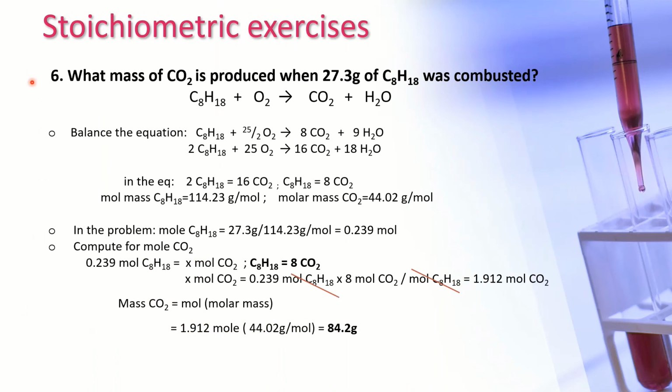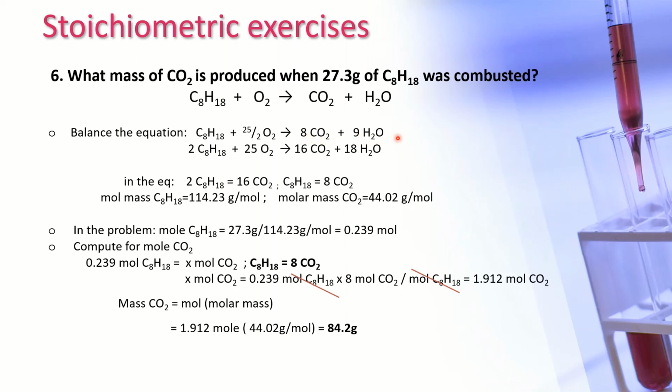Number 6. What mass of carbon dioxide is produced when 27.3 grams of octane was combusted? The equation is octane plus oxygen will produce carbon dioxide plus water. First, we have to balance the equation. 1 mole of octane plus 25 over 2 moles of oxygen will produce 8 moles of carbon dioxide plus 9